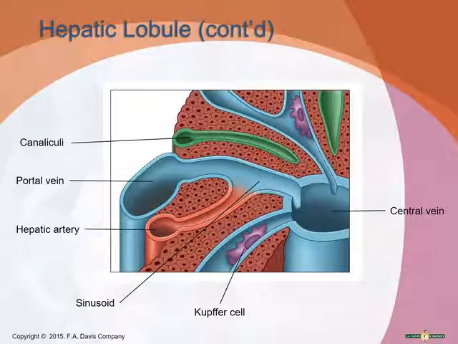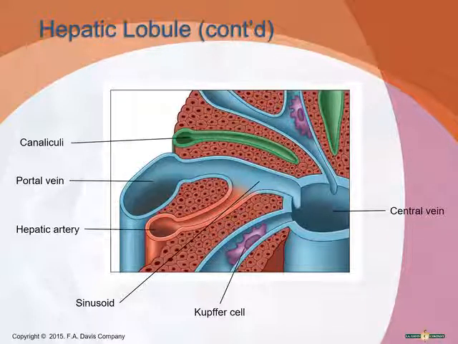So the nutrient-rich blood from the stomach and intestine enters the lobule through the small branches of the portal vein. Oxygen-rich blood enters the lobule through small branches of the hepatic artery. The blood filters through the sinusoids, allowing the cells to remove nutrients as well as hormones, toxins, and drugs. And at the same time, the liver secretes substances like clotting factors, albumin, angiotensinogen, and glucose into the blood for distribution throughout the body. There are phagocytic cells called Kupffer cells, that's